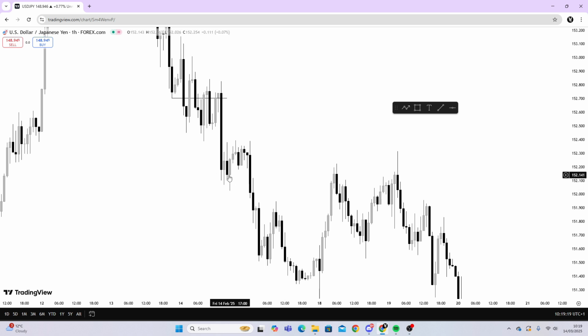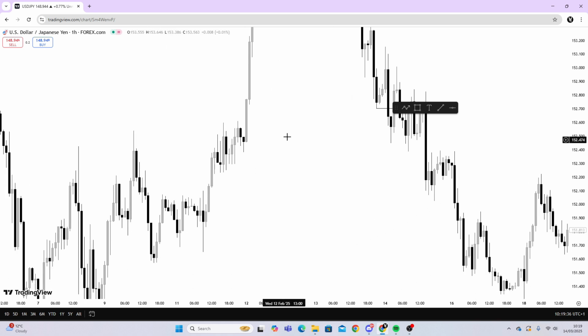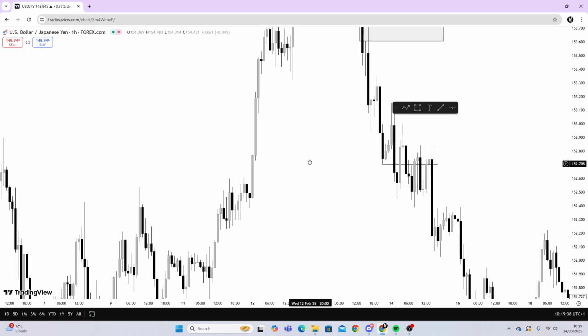Now, is this an order block? No, it's not. It is not an order block because there are no consecutive candles. I mean, there was a bullish, then there was a bearish, bullish, bullish, bullish. Those were consecutive, but it wasn't. If this was a bullish candle, then it would have been an order block. Okay, so now let's go over